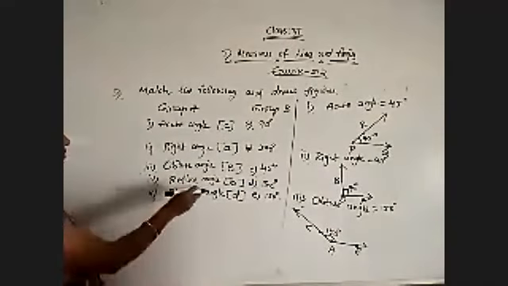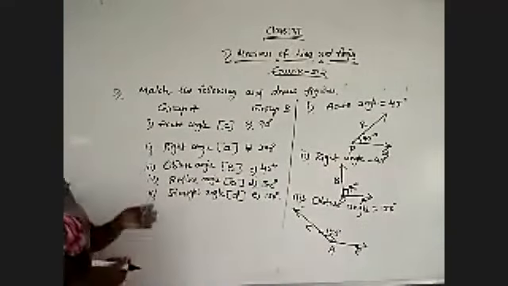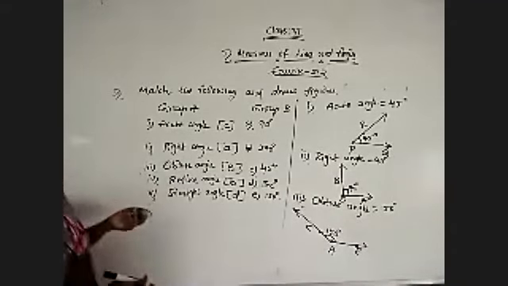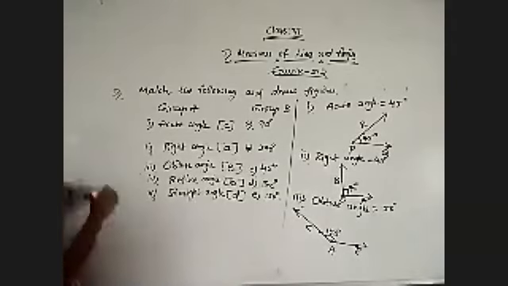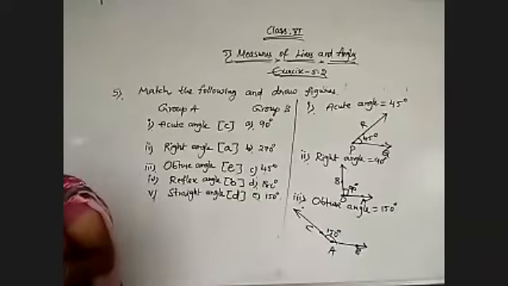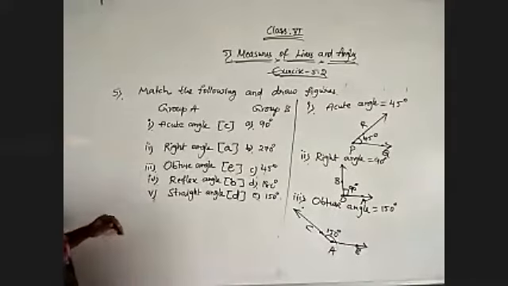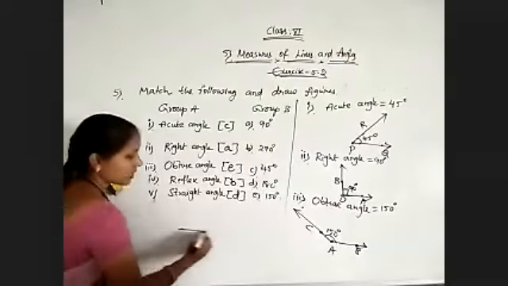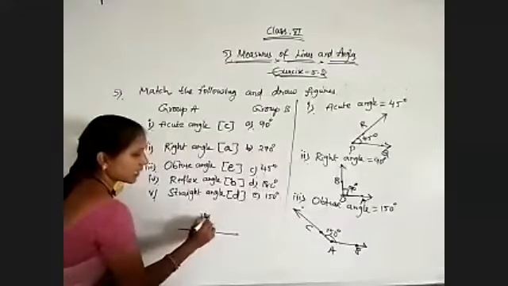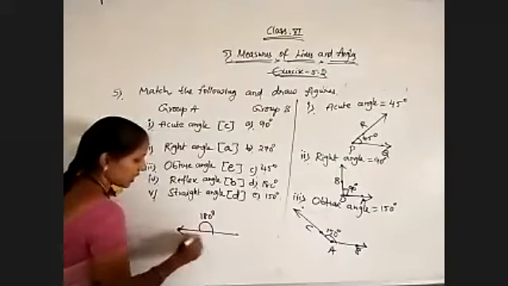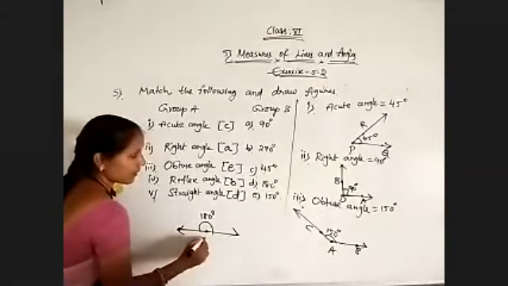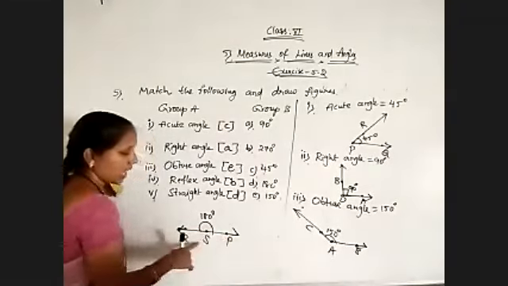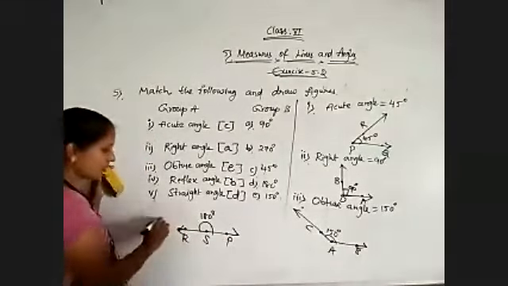Now coming to the reflex angle. What about the reflex angle? Can we check 270 degrees on this? No. So here is what I am doing. First of all, construct a straight angle, 180 degrees. How will we get it? A straight line only. This is 180 degrees. So here I am using the letters R, S, P. Angle S is equal to 180 degrees. So this is the fifth question.